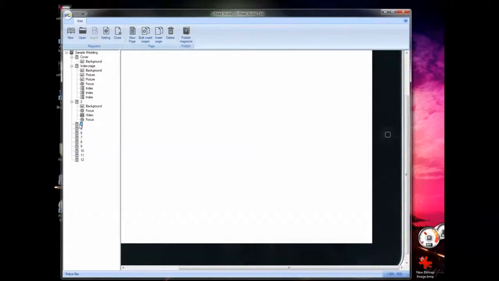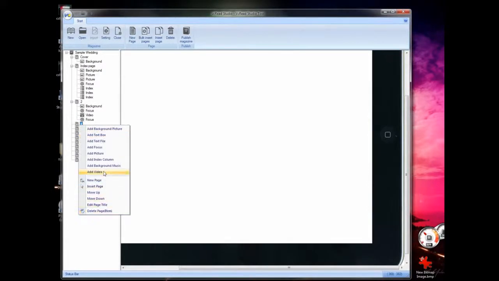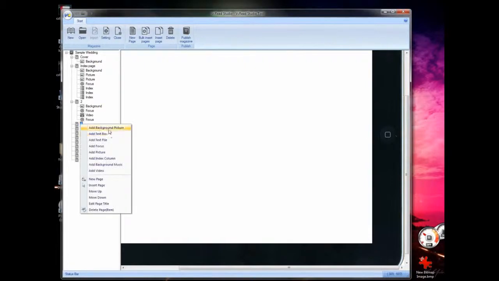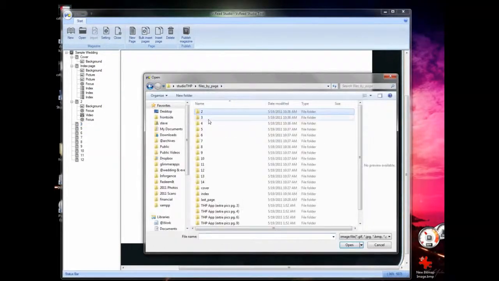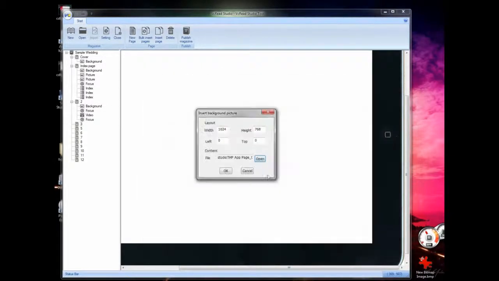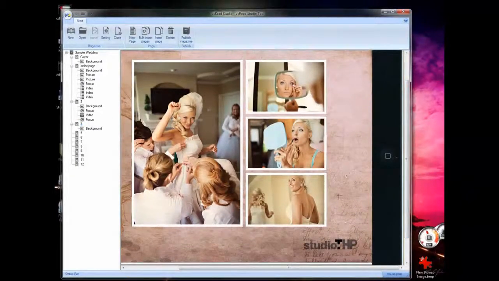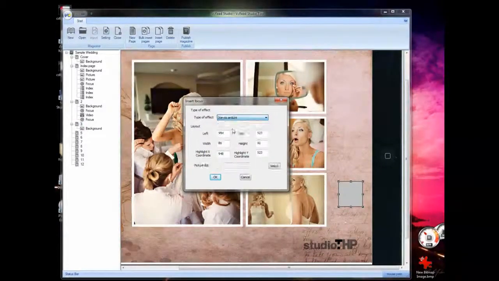Let's just add. I can rename this if I want to, but edit page title. We'll call it 3. Add background picture. Go to page 3. Background picture from the template, and then now what I want is just somewhere over here. I actually have an icon that I added to the InDesign that I don't have in this version, but I just added select 3, and I added a focus, just a random blinking light will come here, and I'll say add focus, and I'll say pop-up picture. I'm going to